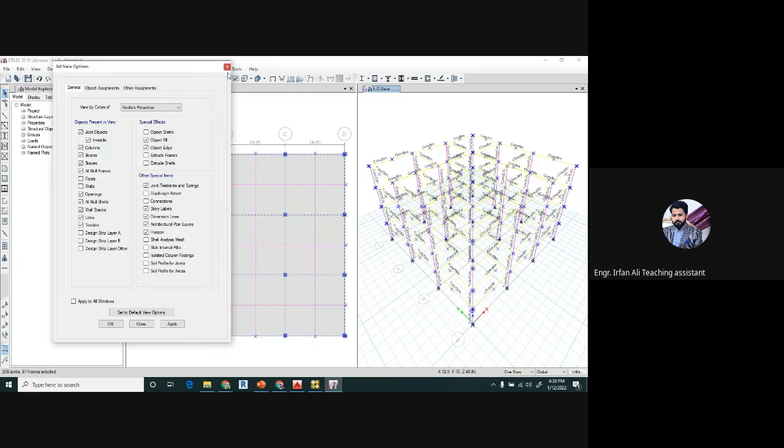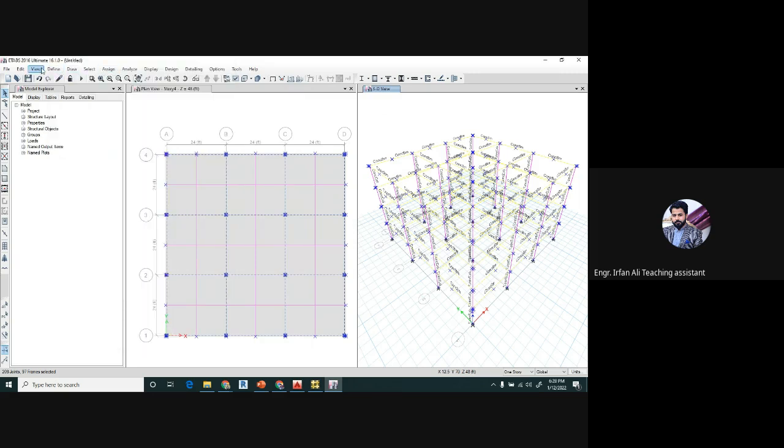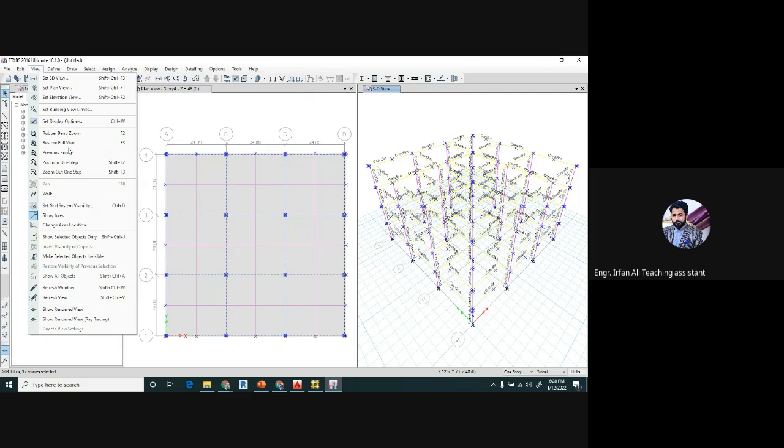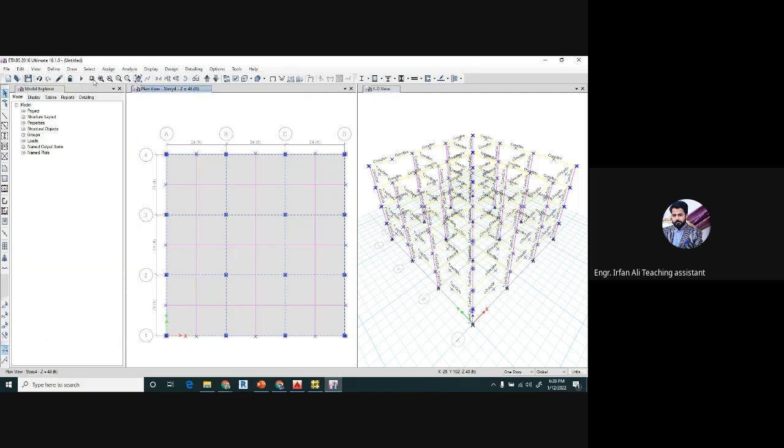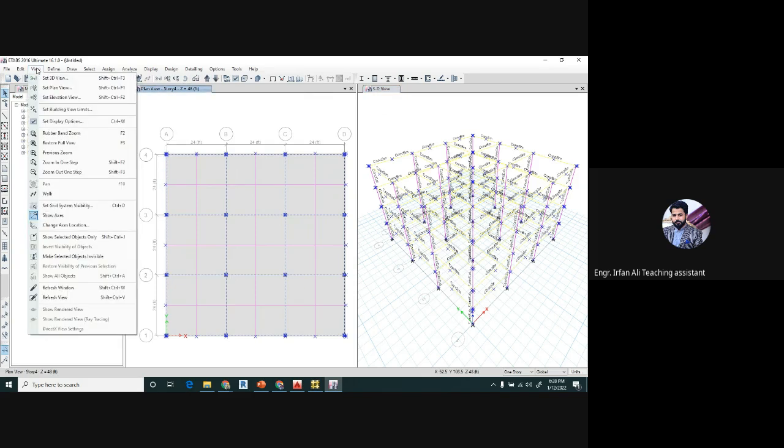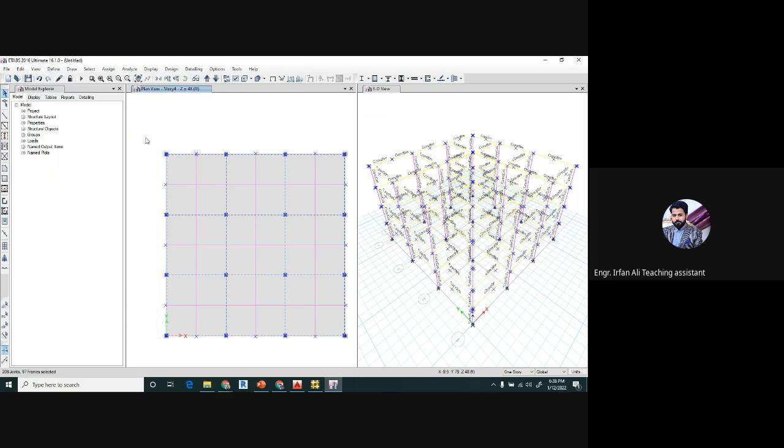So this was an overview of the set display. And then, for example, if you want to make your grids disappear, you click on the set grid system visibility and click on all. It will make your grid that has been defined disappear. You click on it again, and your grid will appear again,